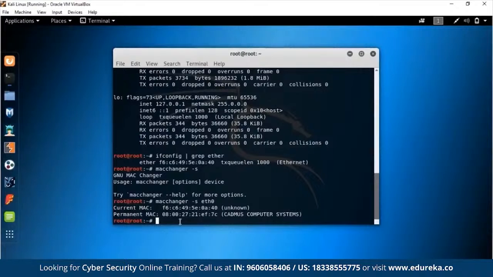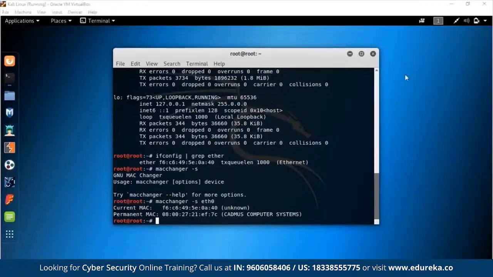Sometimes you also might want to change your MAC when your system is booting up, because you might want to stay anonymous all the time. Who knows? And sometimes you might think, I'll change it when I want to. But let's face it, we are forgetful as human beings, and we tend to forget things we are supposed to do. So what is better than to automate the whole process and forget about remembering all this nitty-gritty stuff? You can tell Linux or Kali Linux to change your MAC address on boot up,